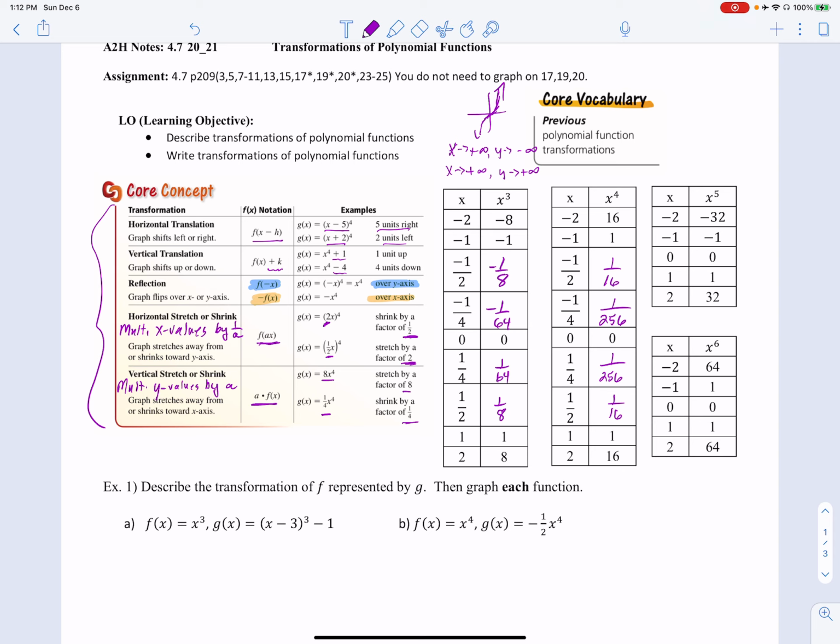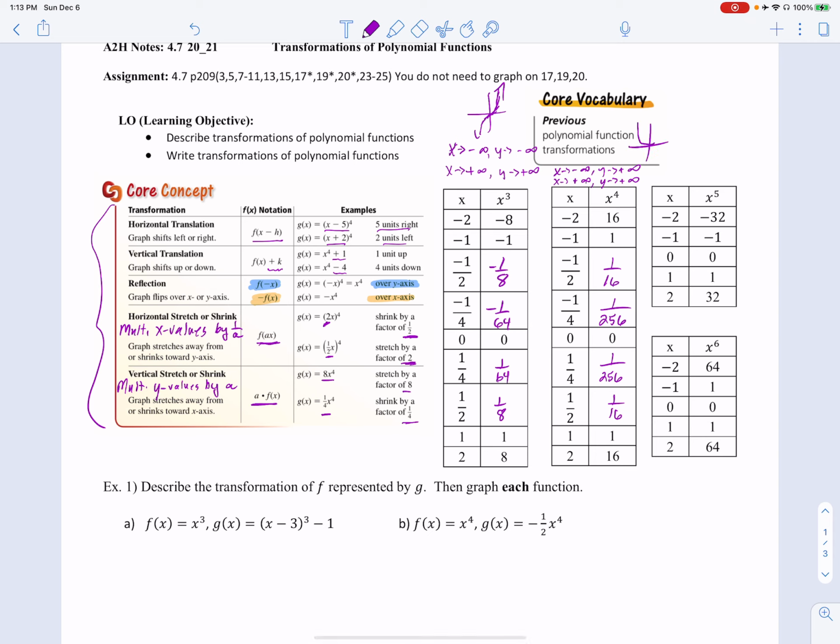Versus if it's x to the fourth, as x goes to positive infinity, y goes to positive infinity. And as x goes, oh, I did this, I'm sorry, up here, this should have been as x goes to negative infinity, sorry. So here, as x goes to negative infinity, I'm going to just start that over again. As x goes to negative infinity, y goes to positive infinity. And as x goes to positive infinity, y still goes to positive infinity when it's a positive 1, x to the fourth. And so the graph of that